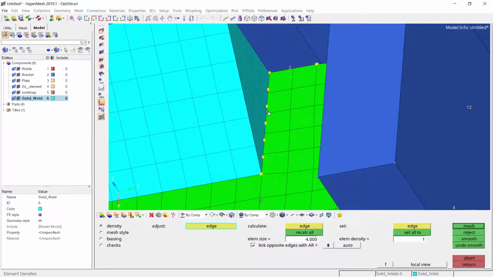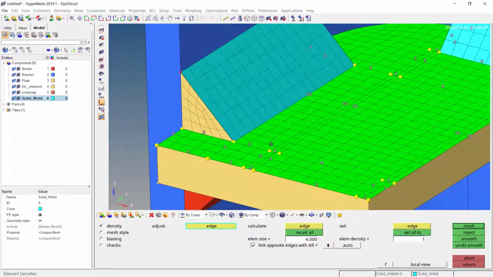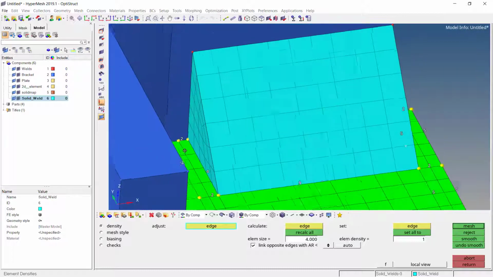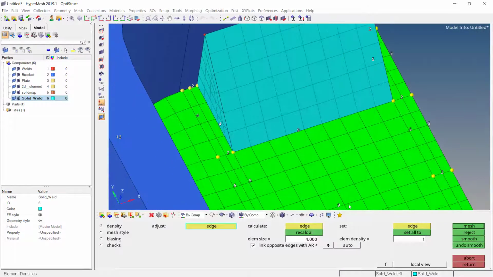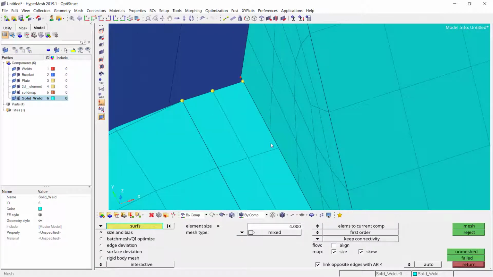So far it seems like the connectivity has been maintained over here, but we will have to do the equivalence because the number is changing, but don't worry about it. Again let us observe the mesh over here, it looks perfect. So the only thing is that here the connectivity has not been maintained at all. Again let us set it to return. And let us try to focus on this region only.